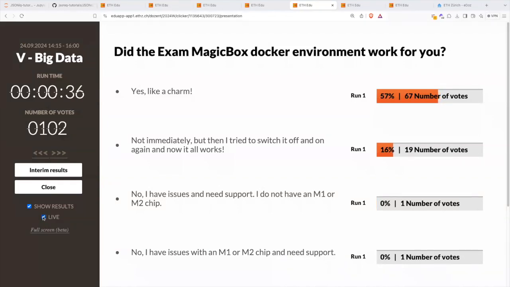Okay, so that's actually a good sign that for most of you, it worked. And for some of you, you just got the trick of deleting the images, deleting the containers, then deleting the images, and then deleting the volumes, and then Docker Compose up, and it works.